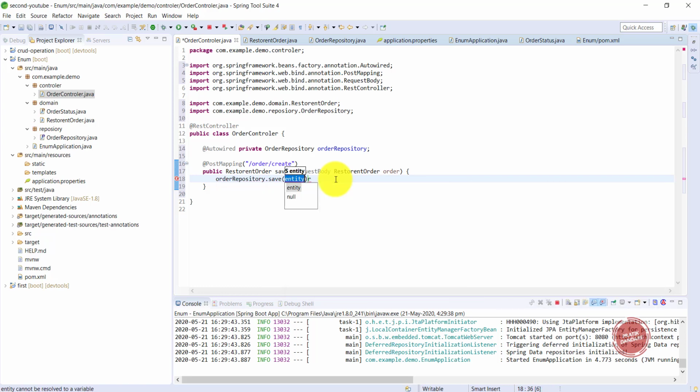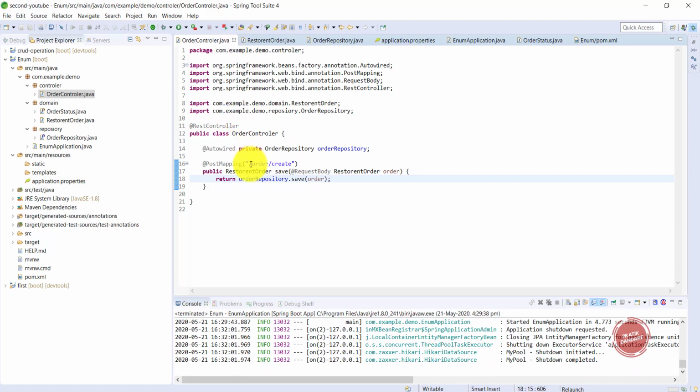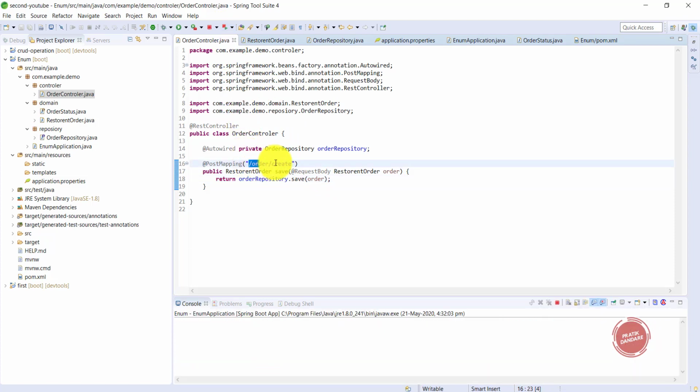Save is going to save the order which comes from the endpoint, and it's again going to return the same order. That's what I want to return. That's it. Now let's run it once again.